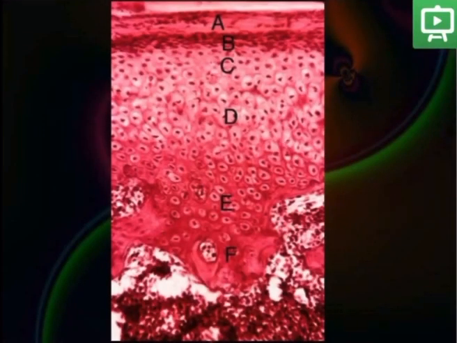Lastly, in this section, A is the fibrous articular layer, B is the cell-rich proliferation layer, C is the hypertrophic chondrocytes of the secondary cartilage, D is the woven bone area, E is the already calcified cartilage, and F showing the marrow spaces